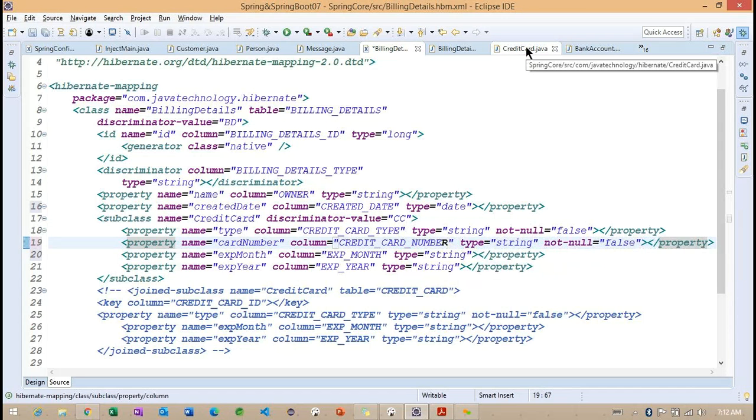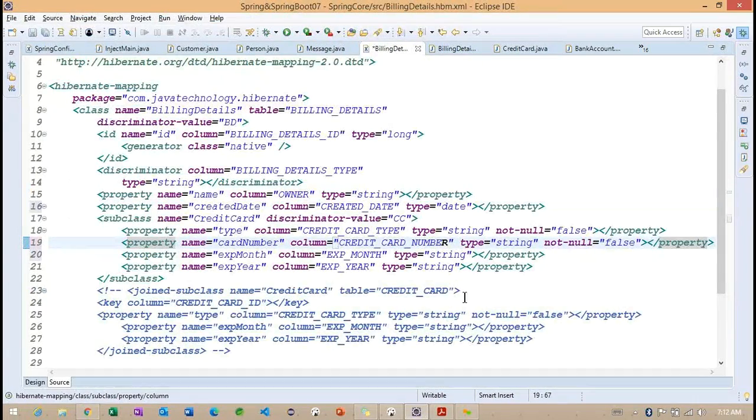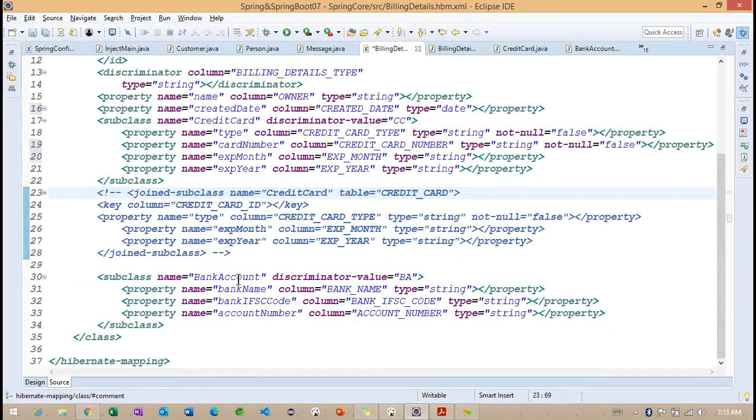And not null. Later, expiry month and expiry year. Okay, so we provided the same, expiry year.